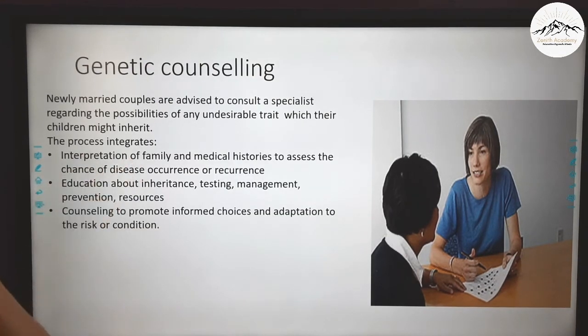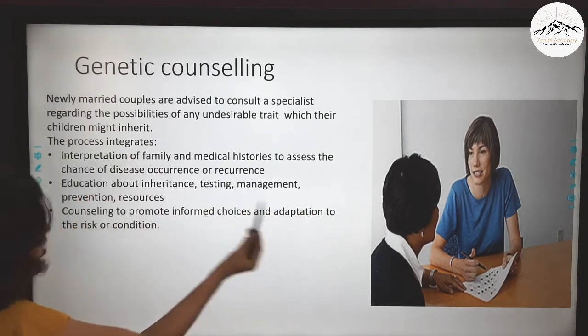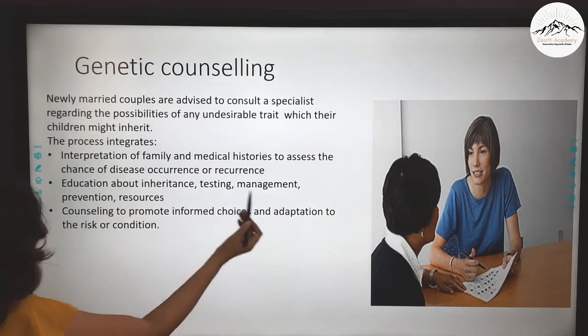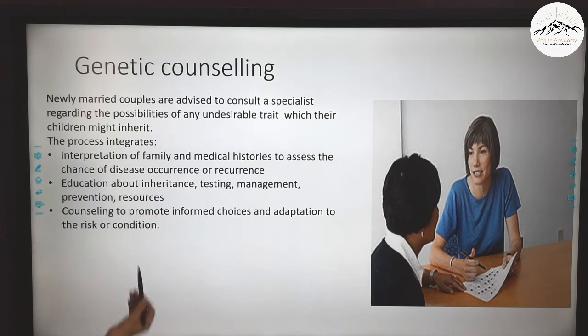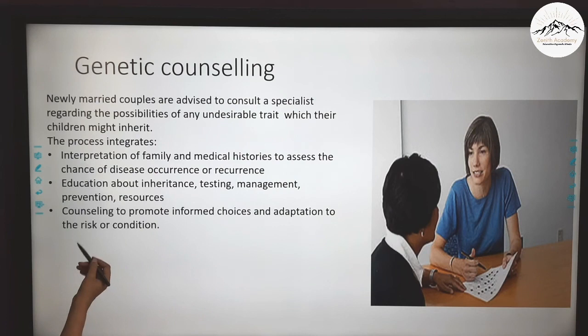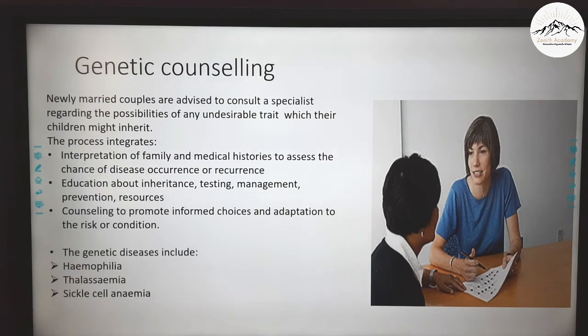So what does the process include? The interpretation of family and medical histories to assess the chance of the disease occurrence or reoccurrence, education about inheritance, testing, management, prevention and resources, and then counseling to promote informed choices. Now they have the choice whether they want to go for it or not, and adaptation to the risk or condition. So you should remember the few genetic diseases for which genetic counseling is required are